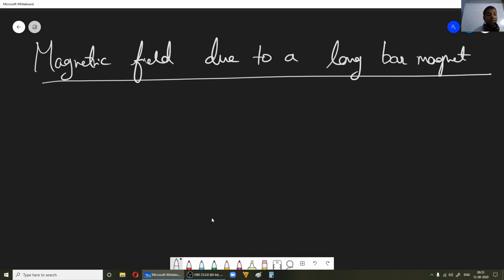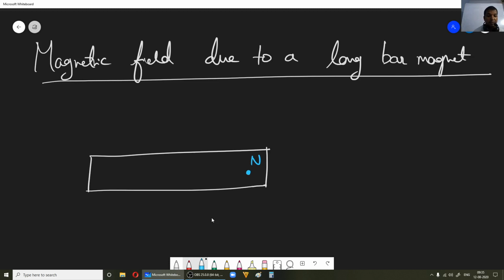Okay, fine. Right now, let us take a bar magnet here. Say this is the north pole and south pole. Now you need to consider the magnetic length. Let us say the magnetic length, that is the distance between the poles itself, is 2L. Now this green point is the neutral point, exactly in between the north and south pole.